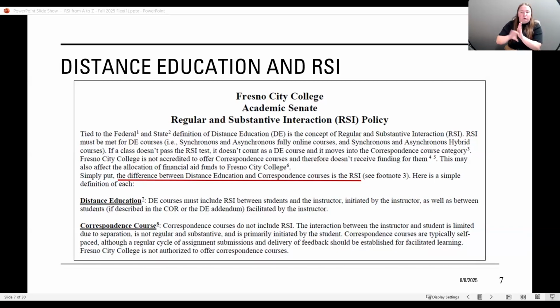And we are not accredited to offer correspondence courses, and we don't receive any funding for them. This would also hurt our allocation of financial aid funds that we receive, which would hurt the financial aid that our students receive. And so again, that's another reason why we want to make sure that our DE courses have RSI present in them.